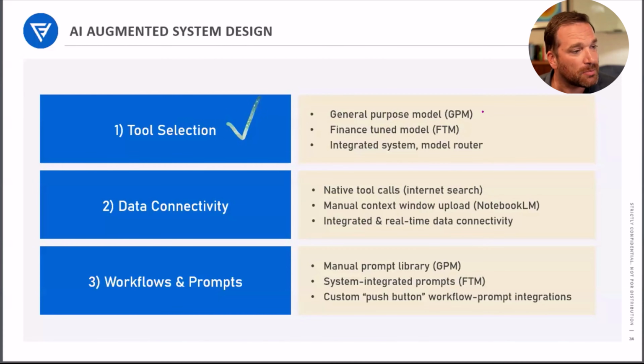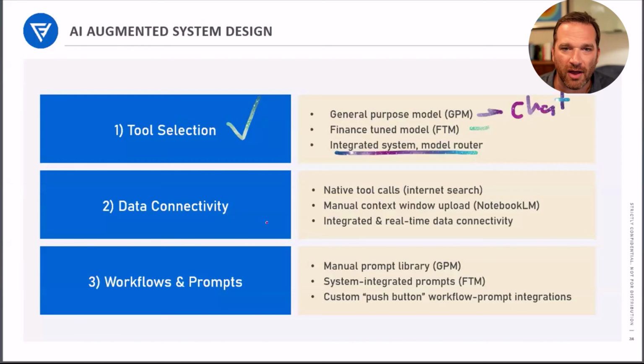And to me, there's sort of three big levels. There's using a general purpose model, a GPM. I don't know if there's standard language. I call it GPM, so I'm going to say general purpose model every time, like ChatGPT or Claude. A finance tuned model, Copilot, like a Hudson Labs, a Portrait, an AlphaSense, that are tuned and grounded to documents. And then creating your own integrated system with your internal model router, connecting that to